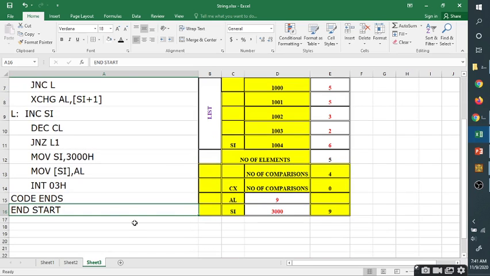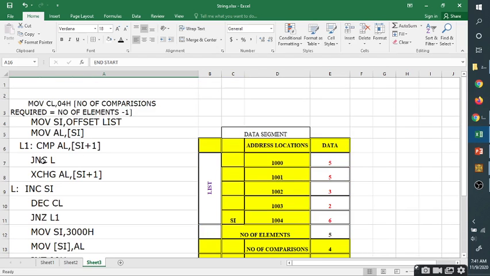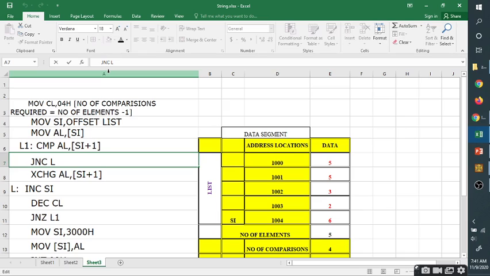If you want to check for the lowest number, a small modification we need to do. That is, we need to remove the N, which means we need to check for the carry. So if no carry is there, perform the exchange operation. So when we compare these two numbers, that is AL comma SI plus 1,